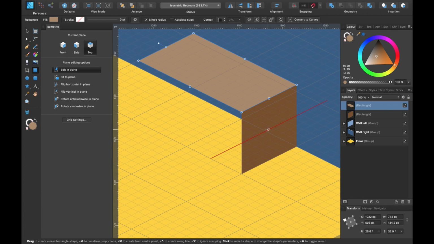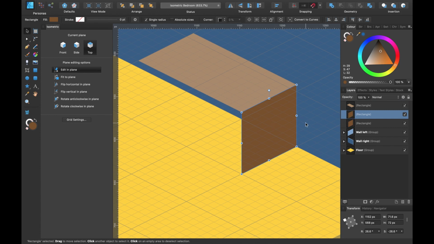And I want to duplicate this shape here. So I'm going to press V so I can select it. Selected it and Command J to duplicate it. And I will just simply click, hold down Shift and drag upwards. And you can see this line here allowing us to drag it up without deviating. Okay, now we want to add some thickness to this.